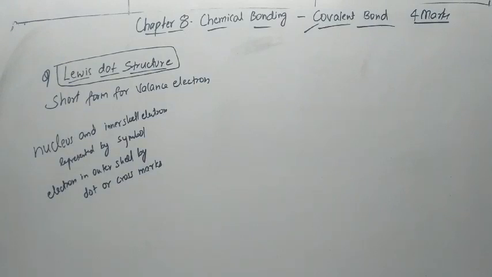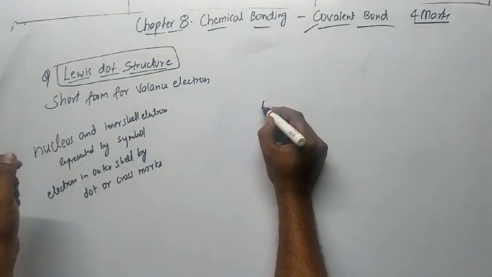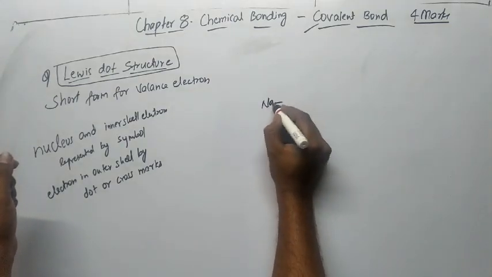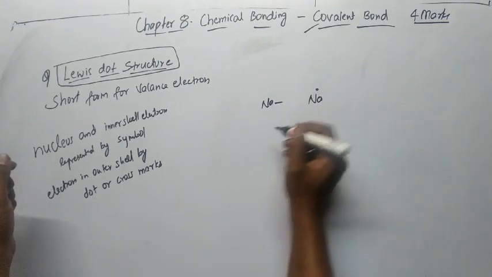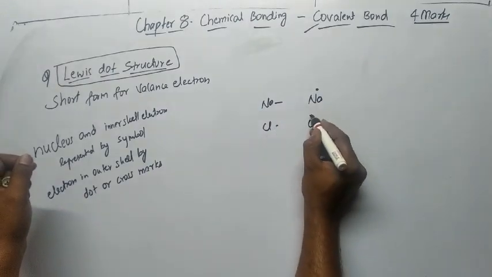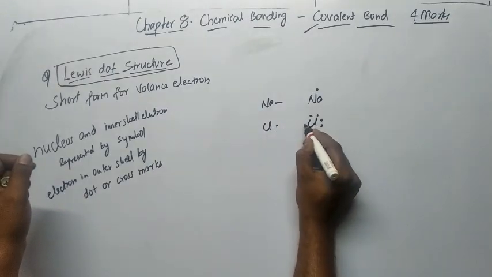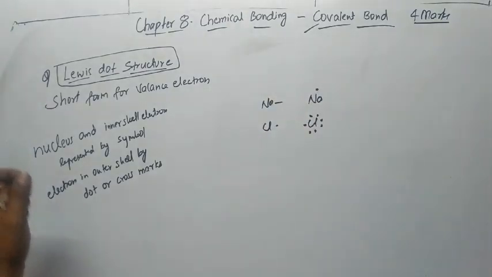So Lewis dot structure, for example, we have an element named as sodium. So Lewis dot structure of the sodium is Na, just put 1 dot. If you take the example of chlorine, so chlorine 1 2 3 4 5 6 7 dots. Okay, so how to write this Lewis dot structure? Okay, so I will just explain with the help of